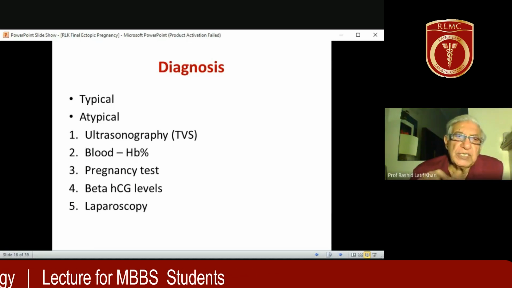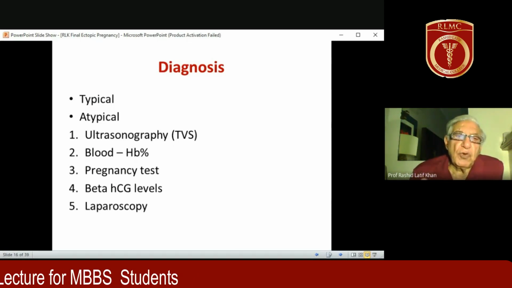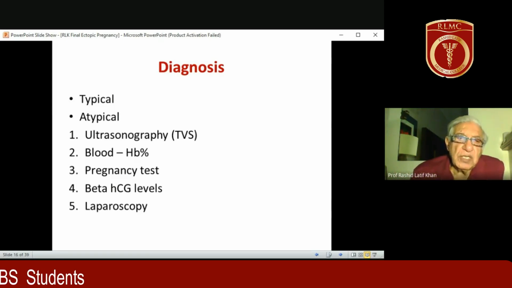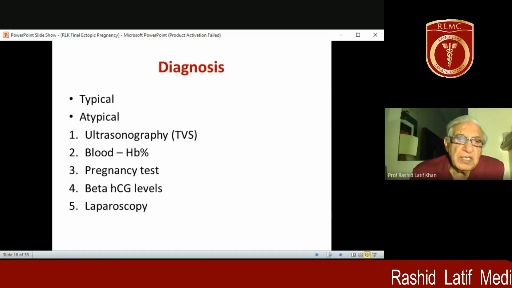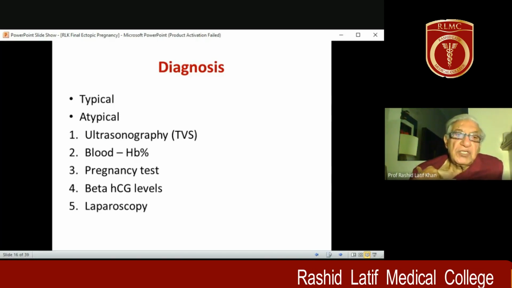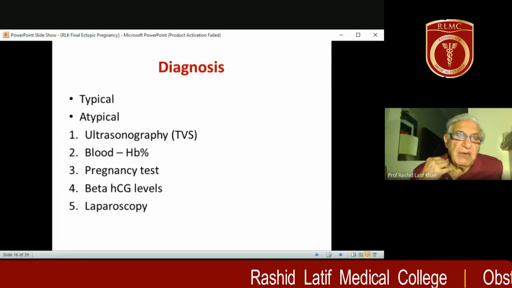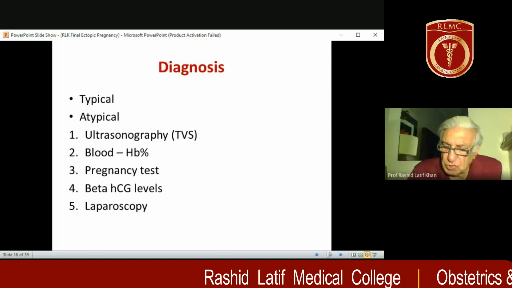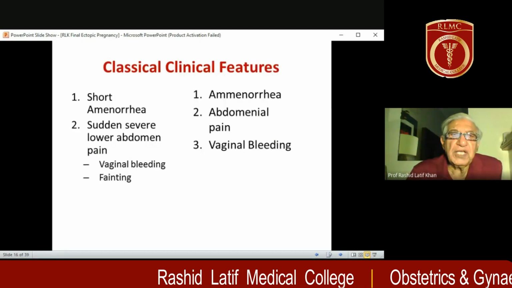But mind you, as I said, even ultrasound takes at least a couple of weeks amenorrhea. That means a couple of weeks overdue. That means 6 weeks amenorrhea to diagnose. Earlier, if it takes place, then you need the investigations of the blood, beta HCG. Sometimes all this is not helpful. You have to do laparoscopy for a chronic case.